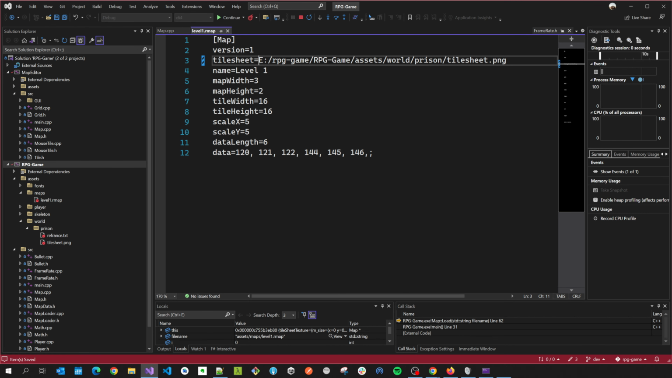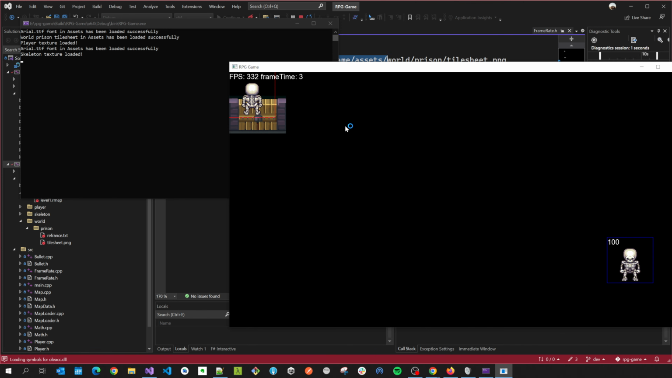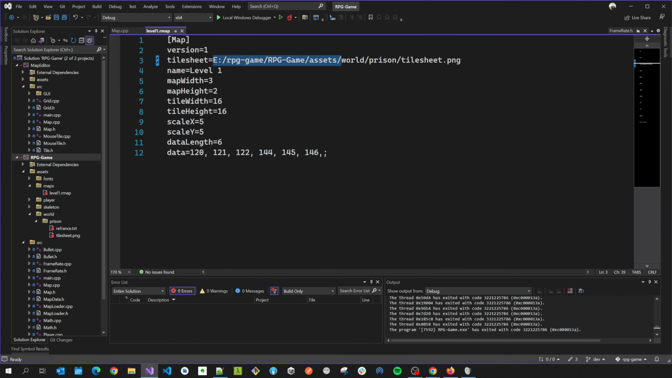And this is what's wrong with absolute paths. Absolute paths are bad. Very, very bad. But it's fine for now. Okay, so we did load. I want to try not to do absolute paths, so I think